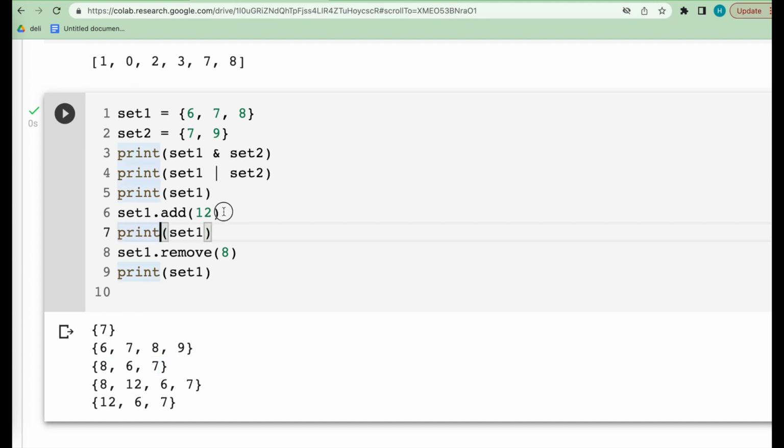Now we want to add one element to set 1, 12. So we can add 12 here. After this operation you can check that 12 is already added in set 1. Now if I want to remove the value of the 8 element, so after removing this, set supports the